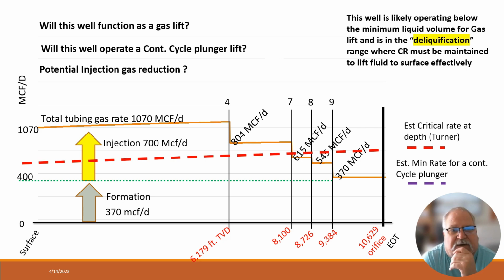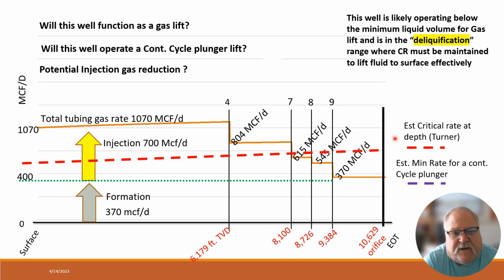One is this well likely operating at the minimum liquid volume for gas lift? And this well is likely operating below the minimum liquid volume for gas lift and is into liquefaction mode. So that means we've got to inject enough gas throughout the tube string to bring it above critical rate to make that liquid come to surface. So here's this red line, and that's roughly what our critical rate would be through